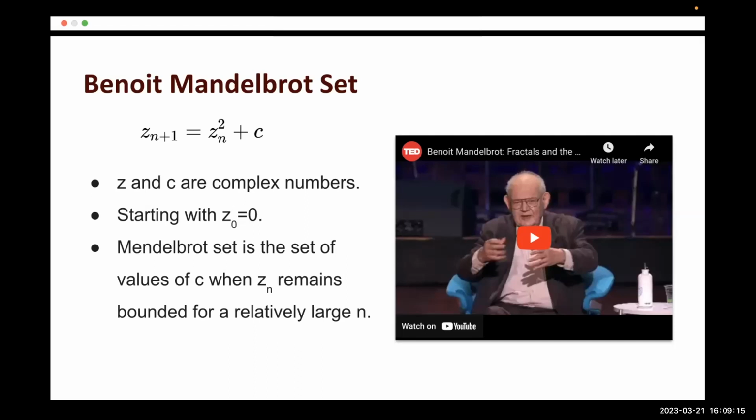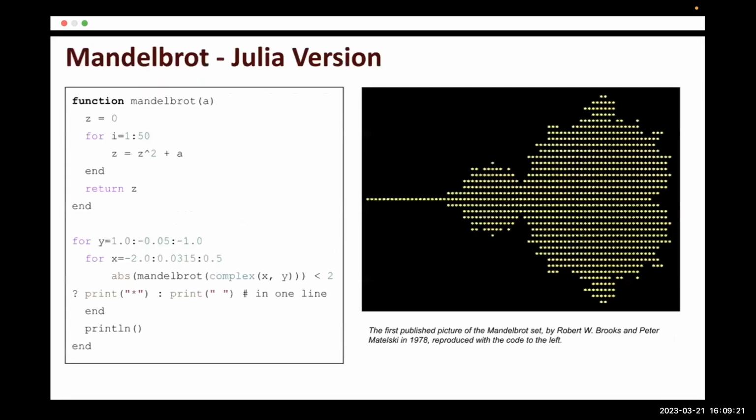And then whenever the value of C is still bounded, then you output your Z, etc. So it's below certain conditions. So look at this example. I'm trying to define a function called the Mandelbrot function. This function takes Z, initializes Z as 0, and then iterates like 50 times. It's trying to calculate Z squared plus A and set this to Z, and keep iterating 50 times until it